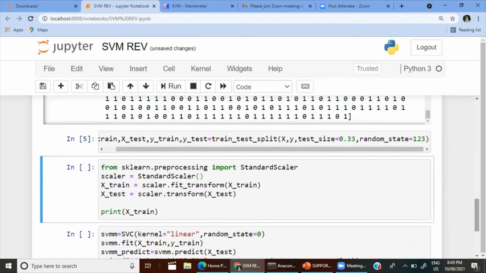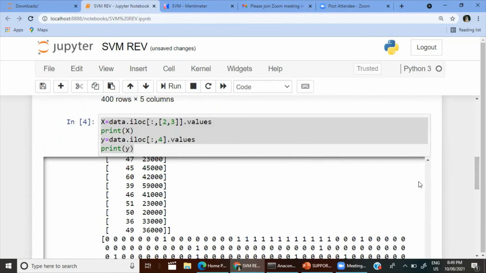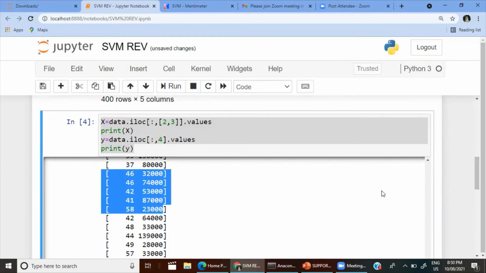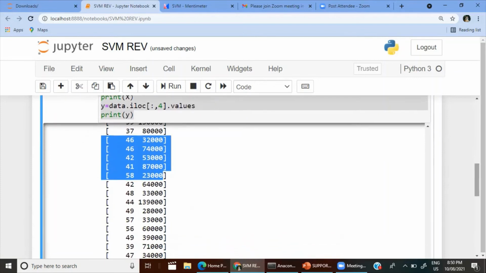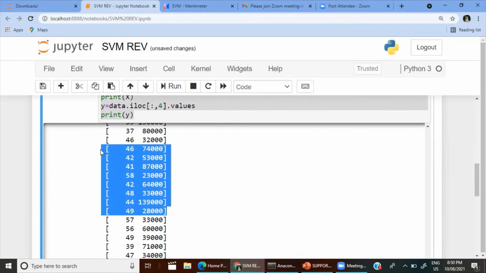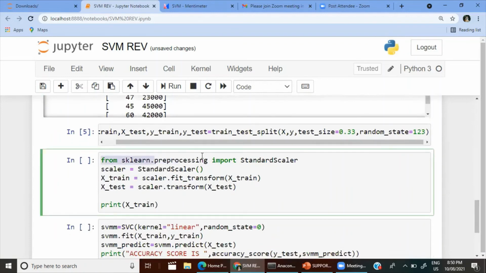So if you see the features here, the features here are age and estimated salary. Like we have discussed in the PPT, we have to find the marginal distance. So for finding distance, both the features must be in the same units. Age and salary are not in the same unit. That's why we also do sklearn.preprocessing here.